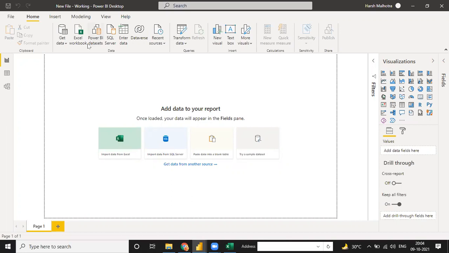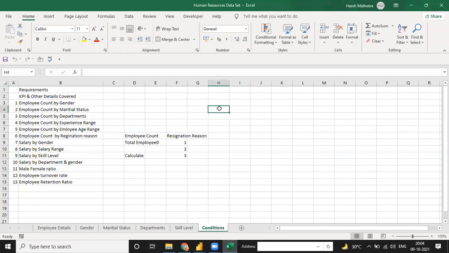First we have to move our sheet into Power BI. See, every time I write in Excel, in the condition tab, the steps to making a report. Every time you have to follow those steps. Suppose you want to make any report, either in HR or financial or your restaurant report, your McDonald's certification, your service agreement, whatever report you have to make in Power BI, you have to follow the steps.